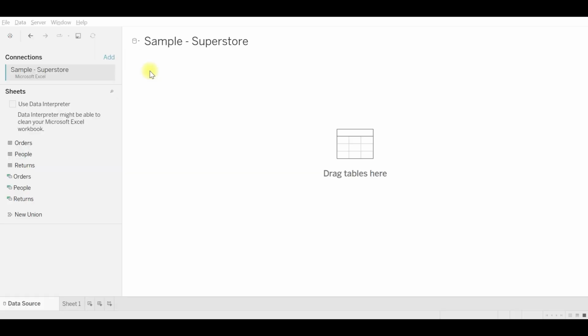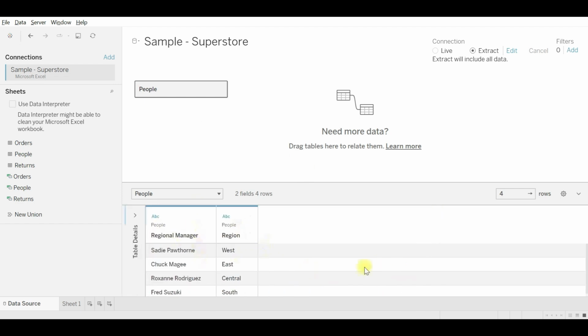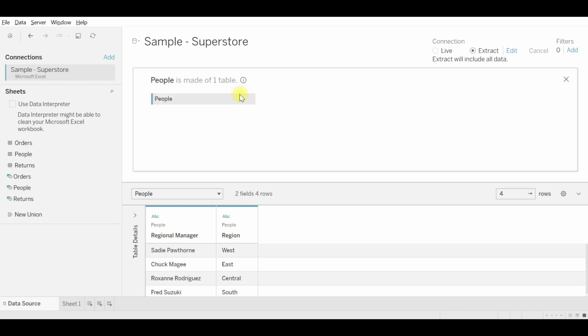Now let's see how to perform the very first operation in Tableau, that is joins. Open your Tableau Desktop and navigate to the data source pane. In this you will see all the sources imported by default. Now let's say we need to perform a join on the people and the orders tables. So what we need to do is first drag and drop the people table to the empty space and you will see the data in the data pane. Now to perform the join, hover on the people table and you will see a small triangle. Click on this and click on open.